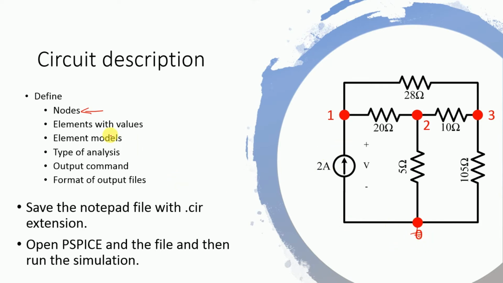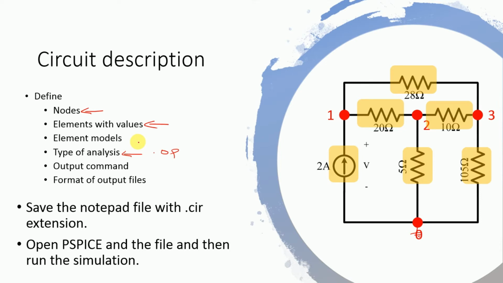Then we need to model the elements with different values. You see we have 5 resistances available here. We have a current source here, right? And that current source needs to be modeled alongside these resistances. After we model all these elements, then we write what type of analysis is required. So dot op, or the operating point, is normally required for these types of circuits, so that we will shortly see how to write it.